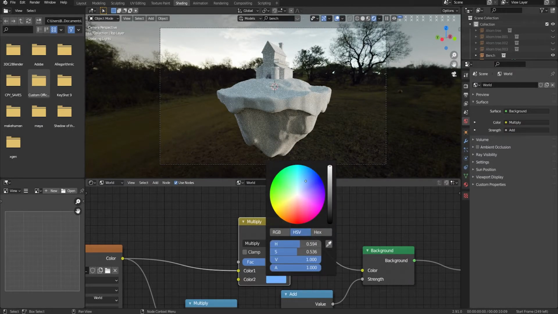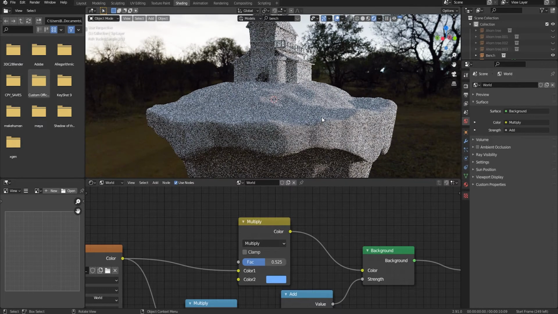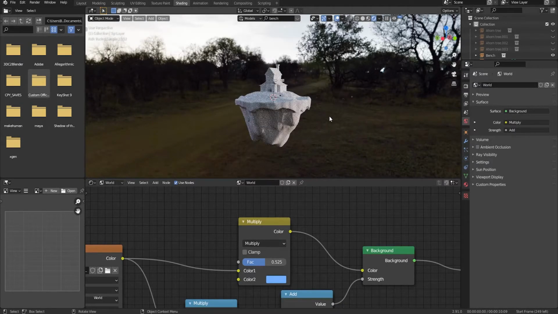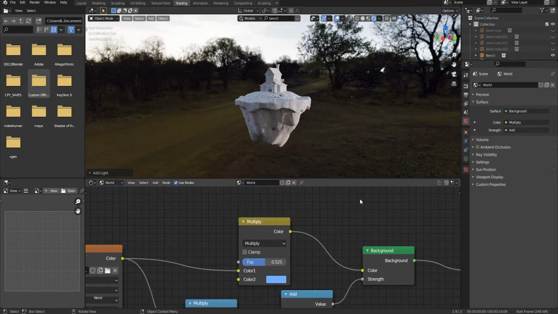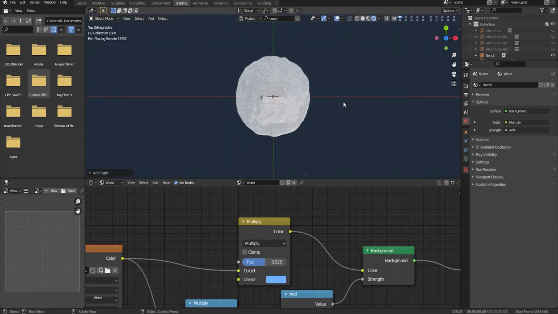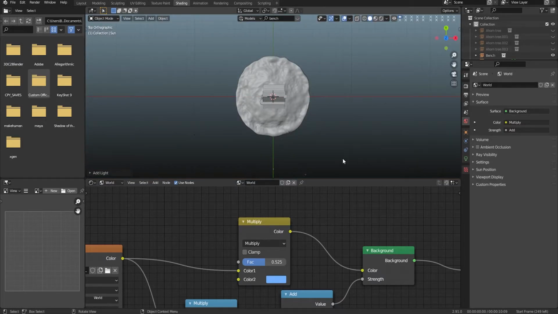And let's go on to, yeah, that's good. So that's the sky. Another thing that I will be adding onto this scene is a sun lamp, because, you know, there must be a sun lamp over there. And let me bring the sun lamp to around this position. Okay, over here,